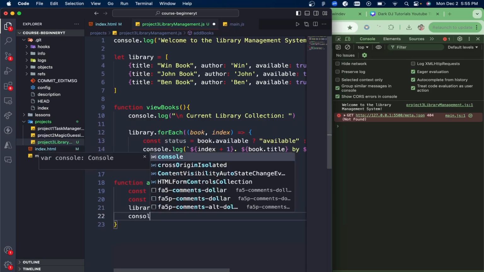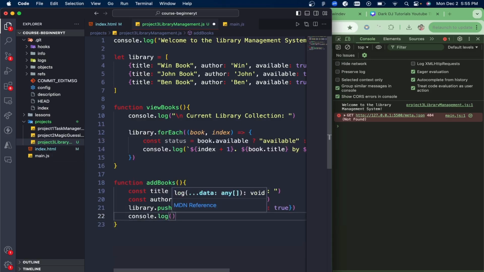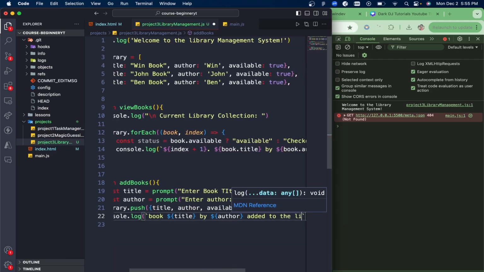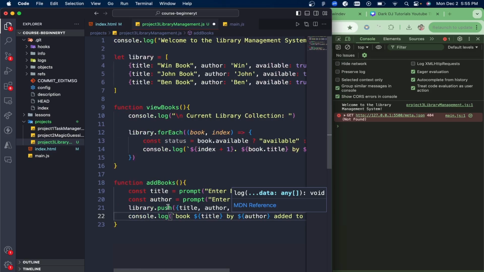And then we want to console.log a template literal: book title by author added to the library. Okay,